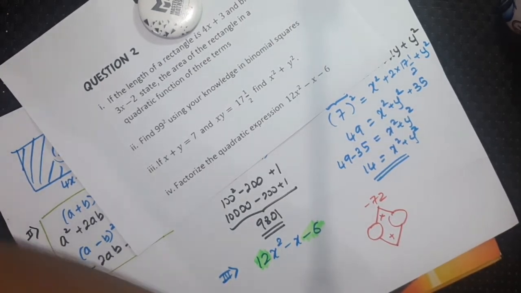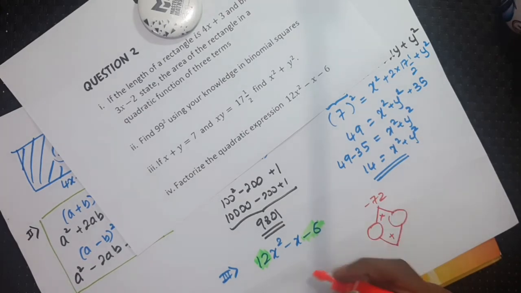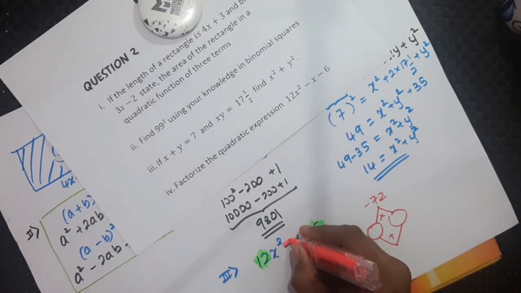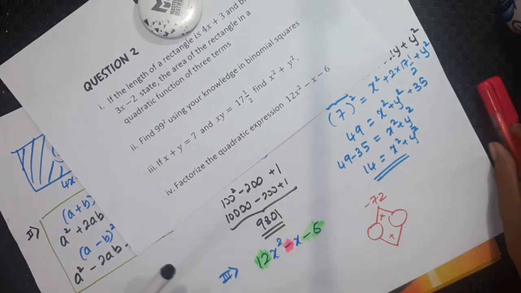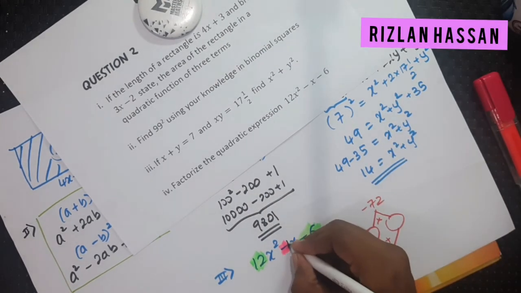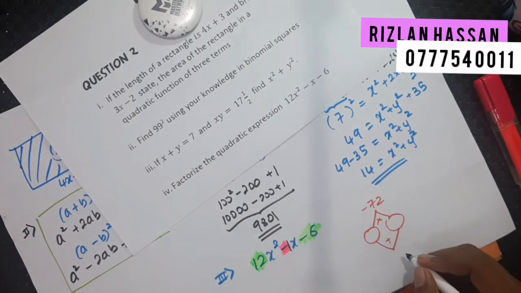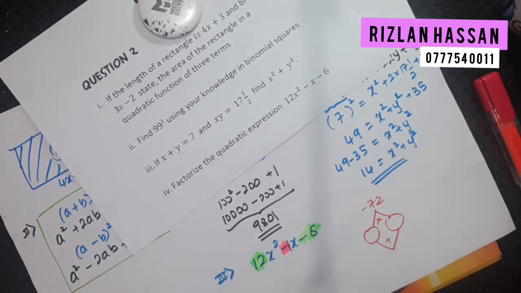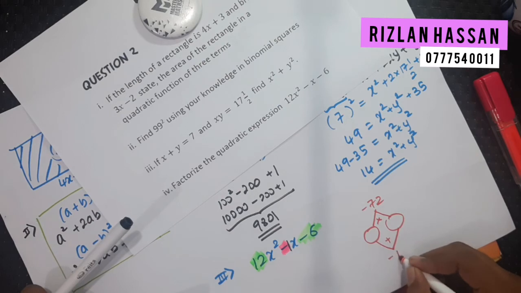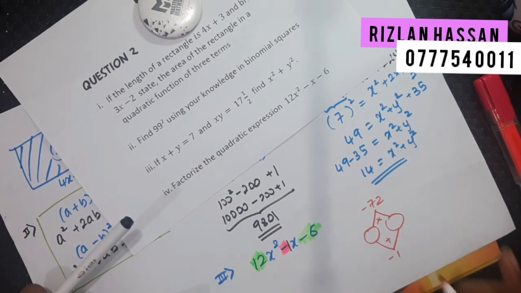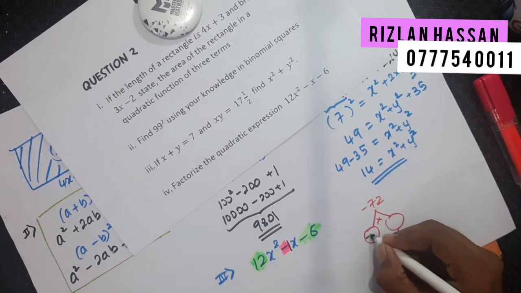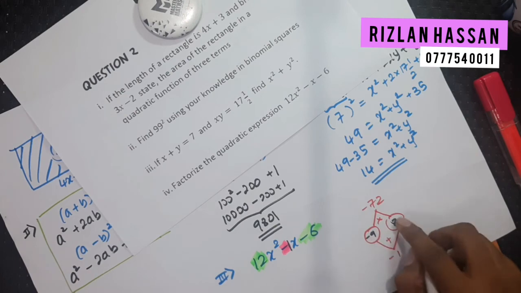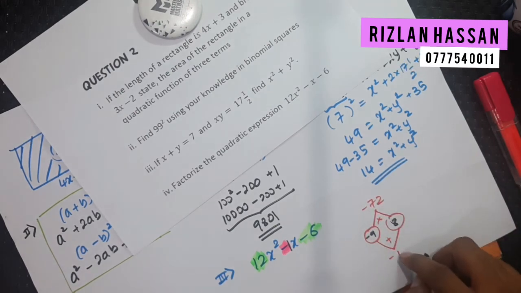What do you mean by the coefficient of x, children? The number in front of x. Here, as you can see, there is no number, but if there is no number, you know you have to assume it as 1. So since it is minus 1, we have to find two numbers. When you multiply, you should get minus 72, and when you add, you should get minus 1. If you think a little bit carefully, you will figure out that those two numbers are none other than minus 9 and plus 8. When you multiply, minus 72; when you add, minus 1.